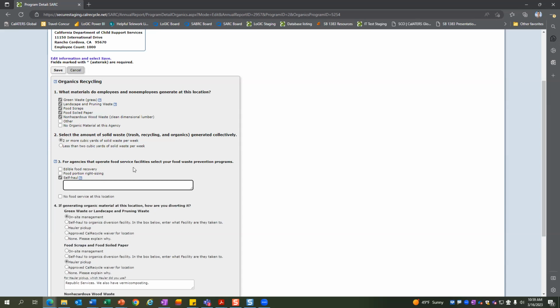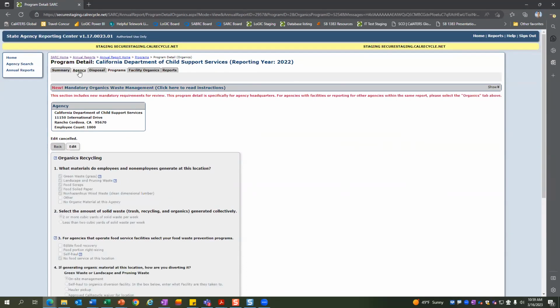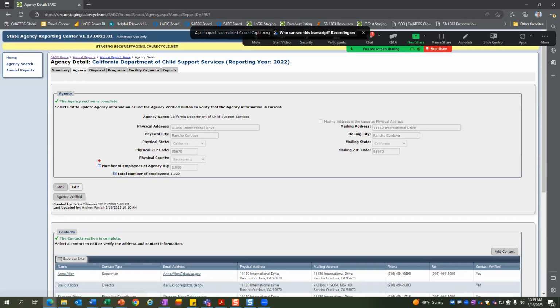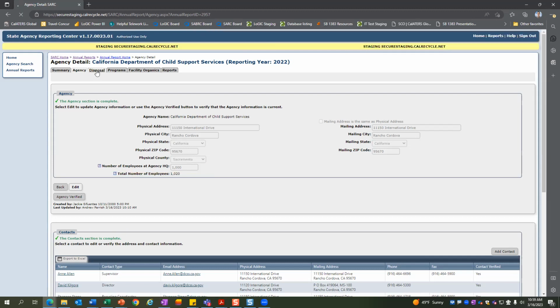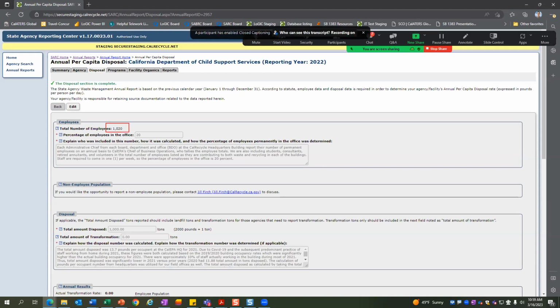And then we have another question from Amy. Can we go over reporting the percentage of telework versus in-office staff again? Of course. Okay, so I'm going to start here. The agency tab is where you report the number of employees at headquarters. In the disposal section, you can see it's summing up both your facilities and headquarters number here.